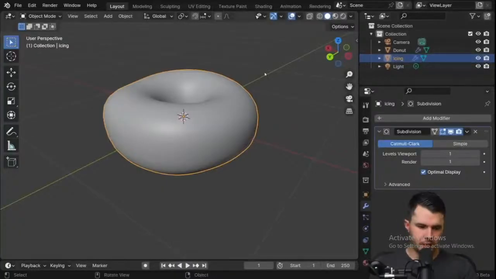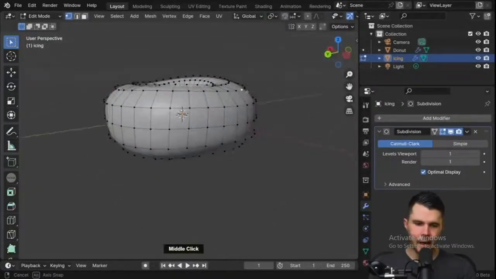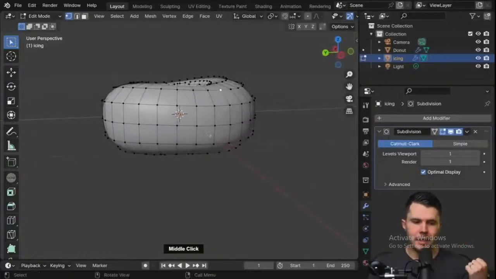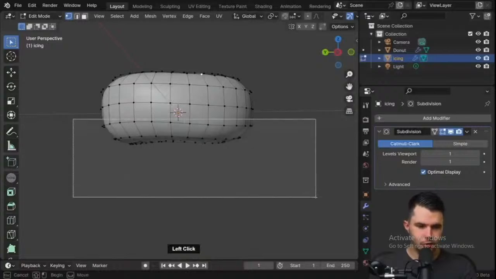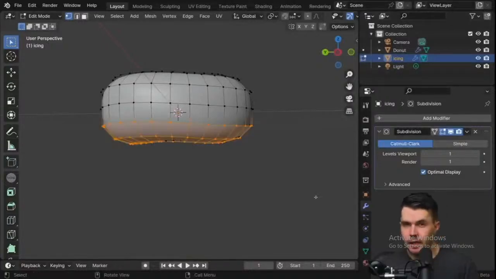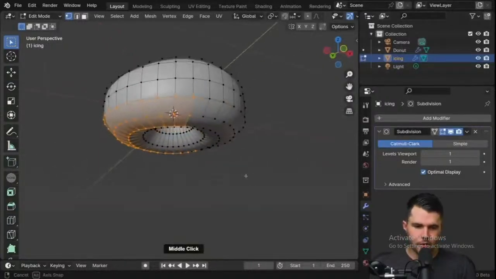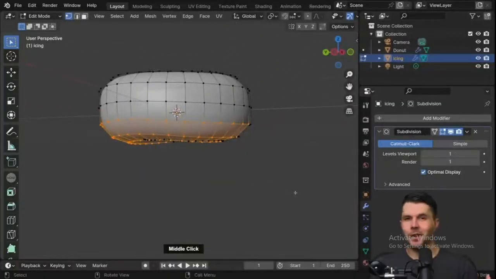So with our icing object selected, let's go into edit mode by hitting Tab. We want the icing on the top, which means this bottom half of our mesh here is redundant. Don't need it, so we want to delete it. If we just dragged over the bottom here, you can see it looks like we've selected the bottom half of our donut, but if you were to move around, you would see, oh, we haven't actually. It's only selected, annoyingly, what is facing the camera. Where there's a mesh, it's not gone through the mesh. A lot of users find this annoying. I agree. Sometimes it seems like that would be the more default one that would make more sense, but anyway,